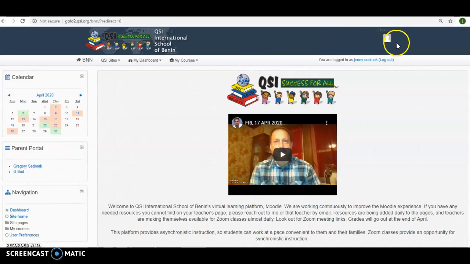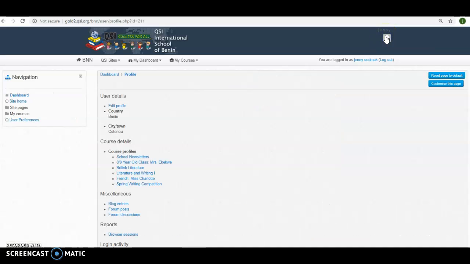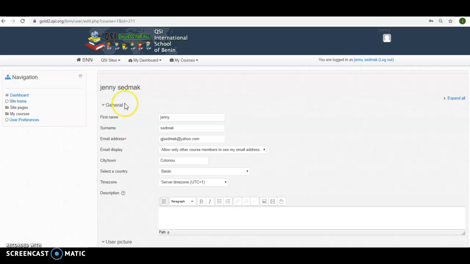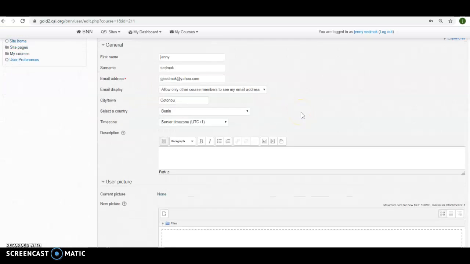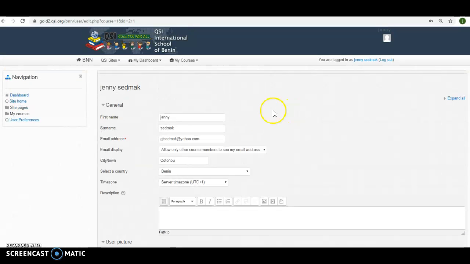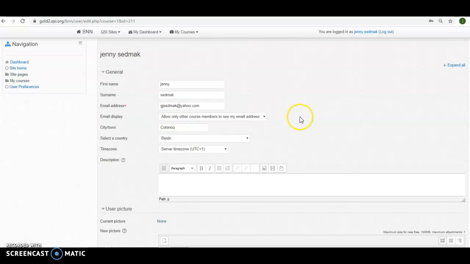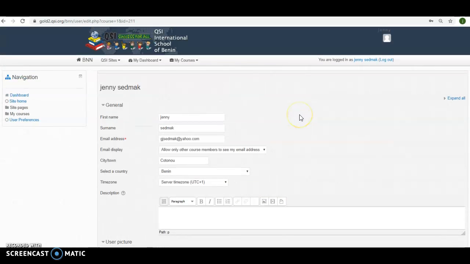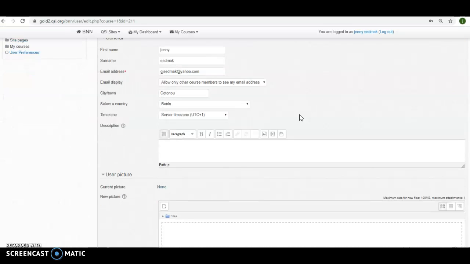So you'll see up here in the right-hand part of the screen this icon with your name above it. If you click on that icon, it will bring you to your profile page. And then if you click here on Edit Profile, it brings you to the page where you can change items in your profile. Like if I spelled your name incorrectly, you can change the spelling of your name and whatnot. But one thing that you could do here, and that I would request that you do here, is